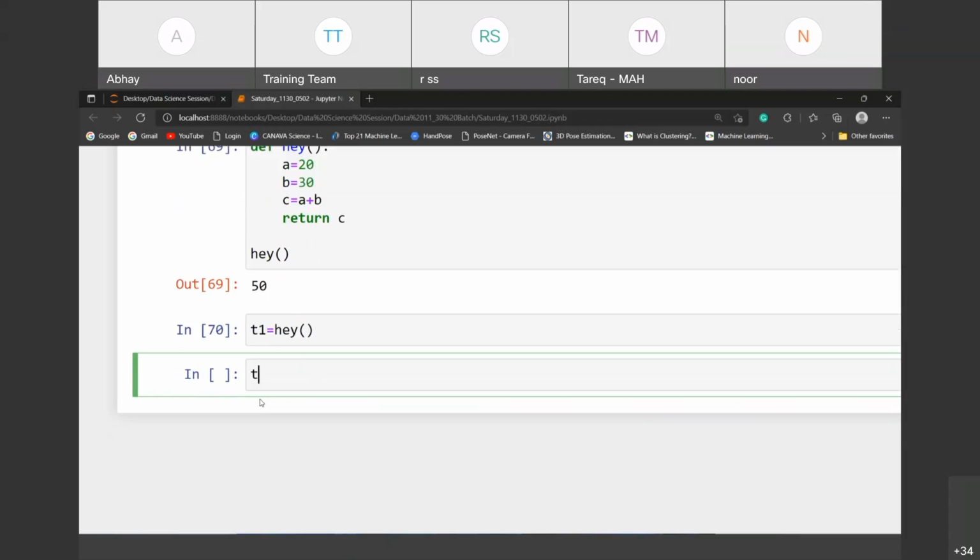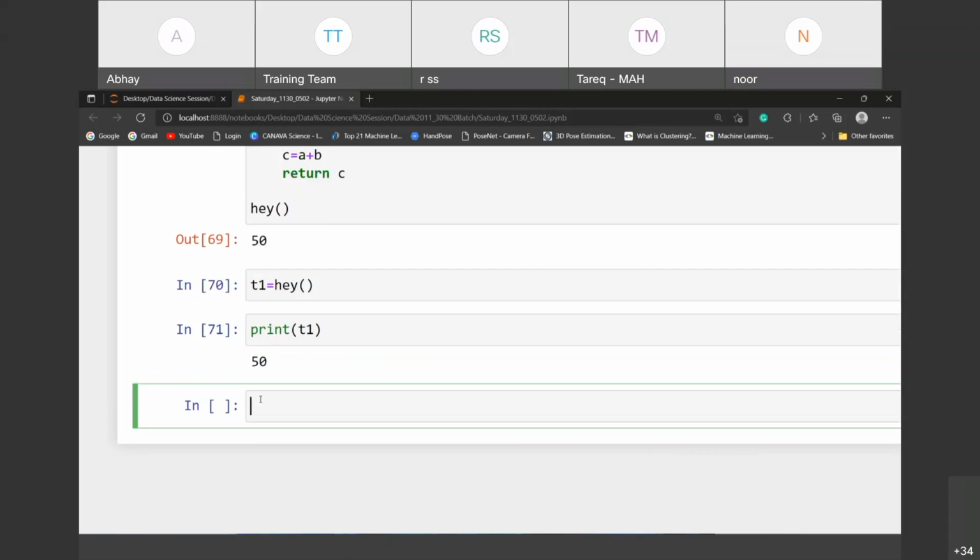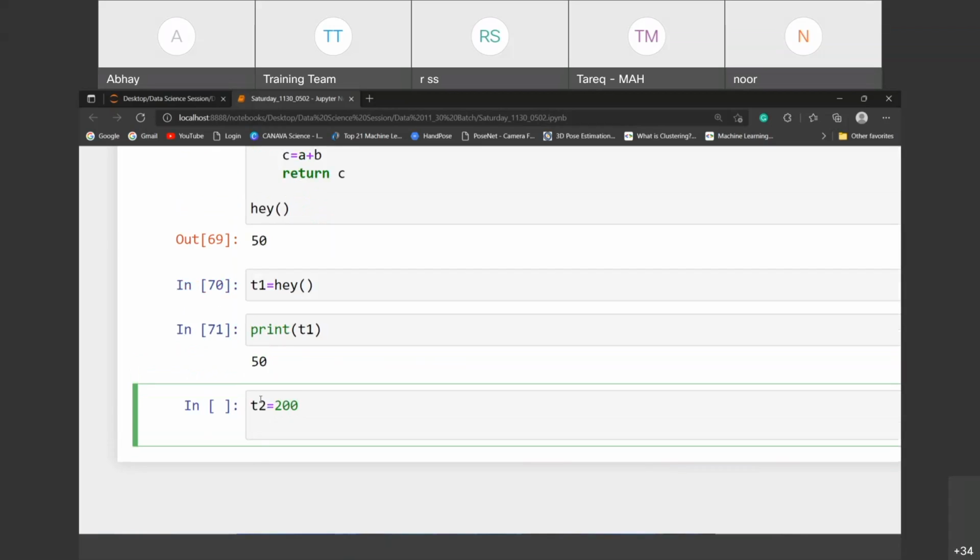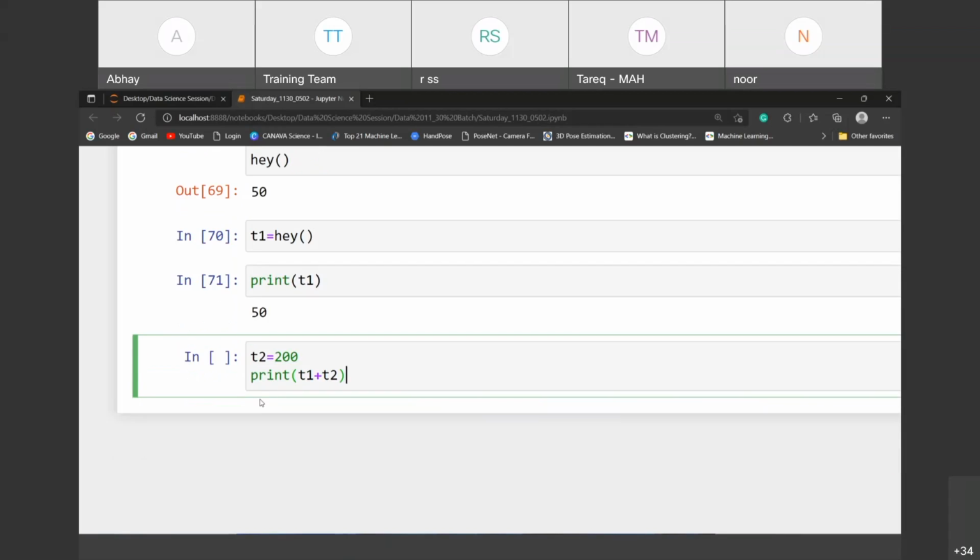Now whenever I print the t1, 50. So now see what I'm doing. t2 is equals to 200 and print t1 plus t2. Anyone guess the answer?